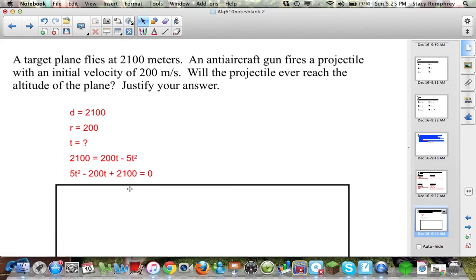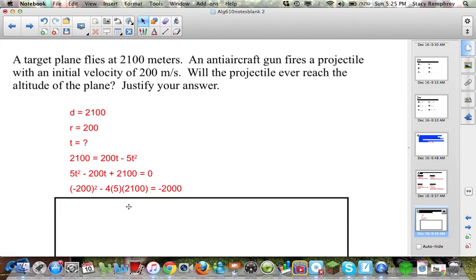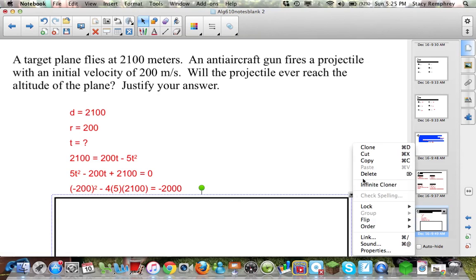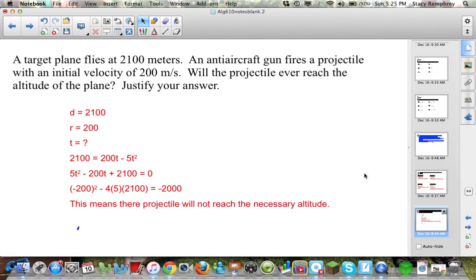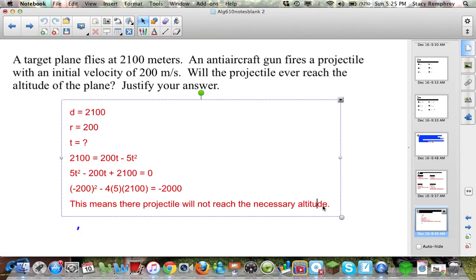And now, because it didn't say when, it just wants to know if, I'm just going to use the discriminant. So I solved for the discriminant, and I got negative 2,000. Well, if I plug that into the full quadratic formula, the negative 2,000 is going to be under a square root. Can't do that. So will it ever reach the target plane? No, it will not reach the necessary altitude. And we could say, because the discriminant